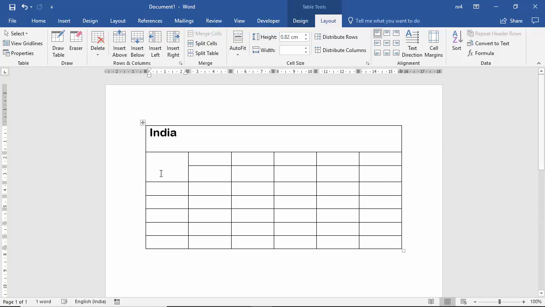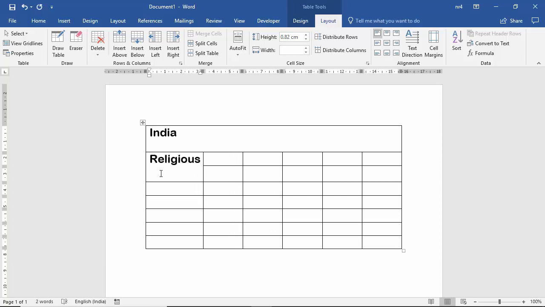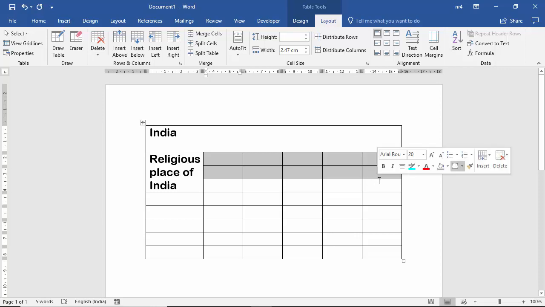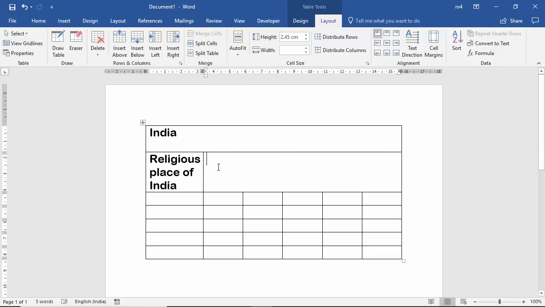I'm entering Religious Places of India, and then I merged these two rows and also columns. So click on Merge Cells, and now I'm typing here